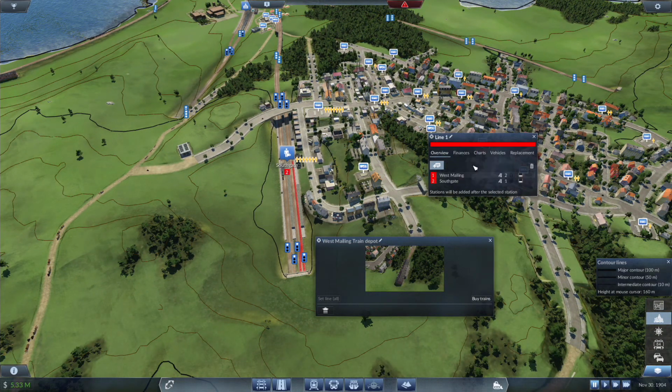And this is going to be red, although let's make it that red. And this is going to be TP Express West Malling Southgate. I might shorten that to TPE. Yep,